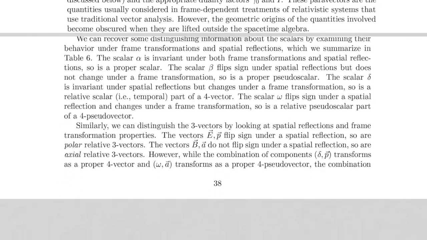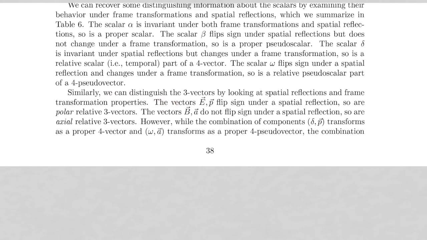So reading on, we can distinguish 3 vectors by looking at spatial reflections and transformation properties. The vectors E and P flip sign under spatial reflection, so they are polar 3 vectors, but B and A do not flip sign under spatial reflections, so are axial relative 3 vectors. However, while the combination of components delta P transforms as a proper 4 vector and omega A transforms as a proper 4 pseudovector, the combination